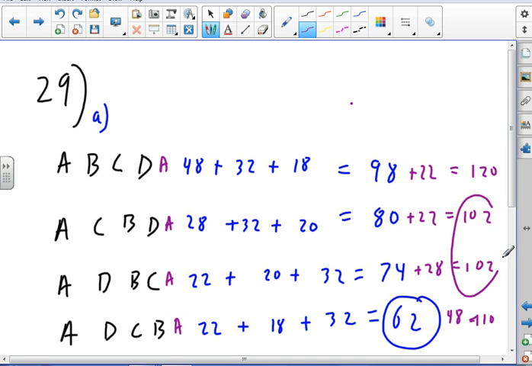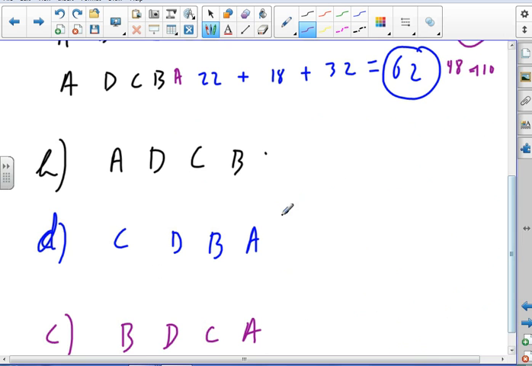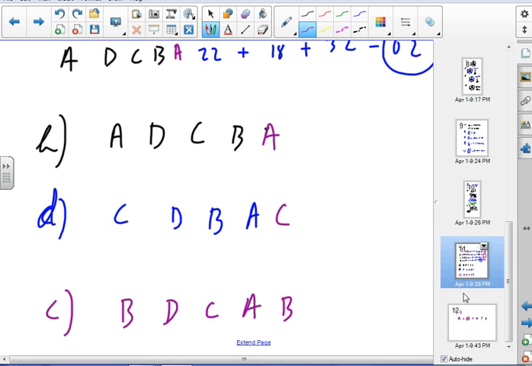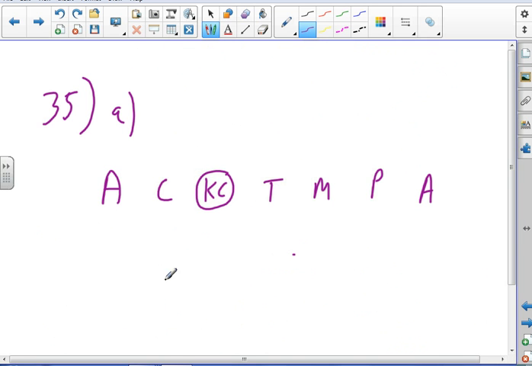Okay, so I got two that are the same. Alright. And then I got to go back to A, and I got to go back to C, and I got to go back to B. Alright, just one of those things. Okay, so back to